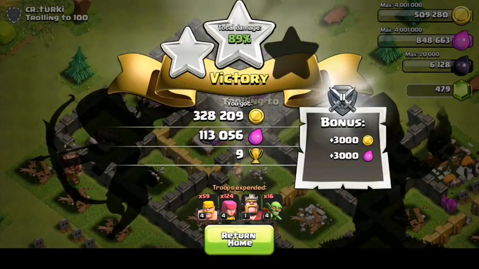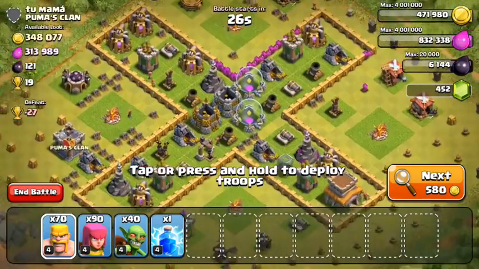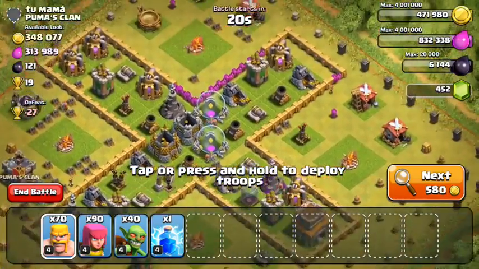So in total, 328,000 gold, 113,000 elixir. Pretty solid raid. Again, I am trying to upgrade my walls, so I'm sort of focused on gold right now. But let's check this next base, which has over 650,000 resources, which definitely is going to get me some elixir as